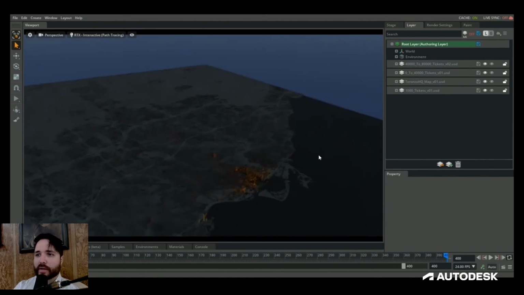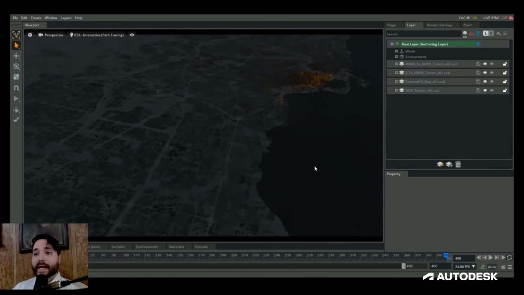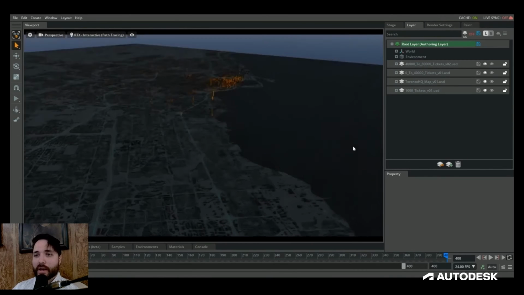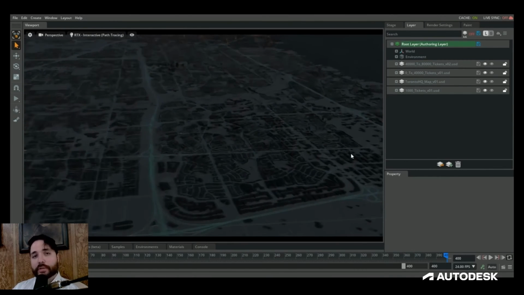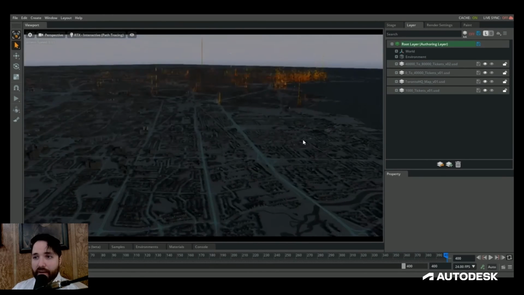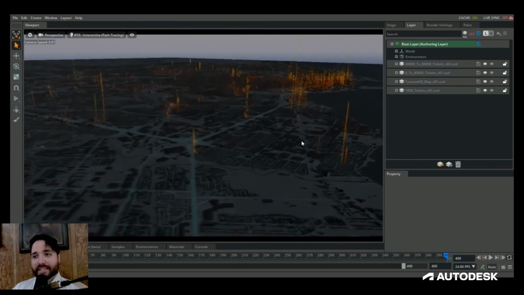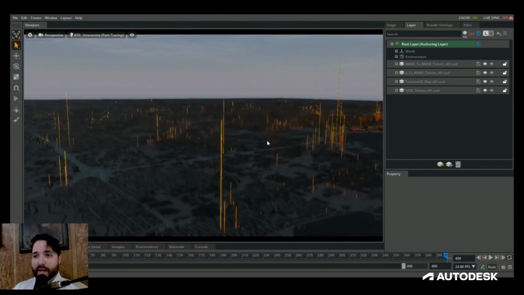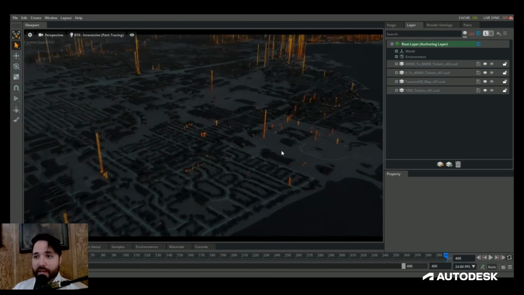Taking a look at the project file, you can now appreciate the scale at which you can work in real time. I purchased this 50 square kilometer 3D map of Toronto and overlaid some of the parking data on top. It really just is fun to fly around the scene and brainstorm ideas for the best way to animate a scene once it's built.